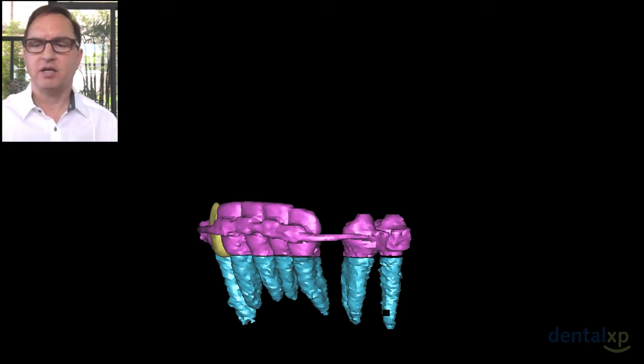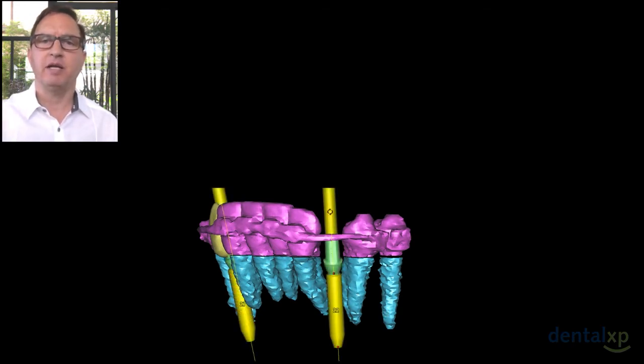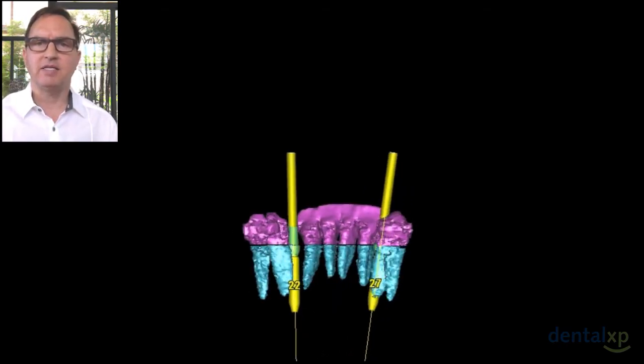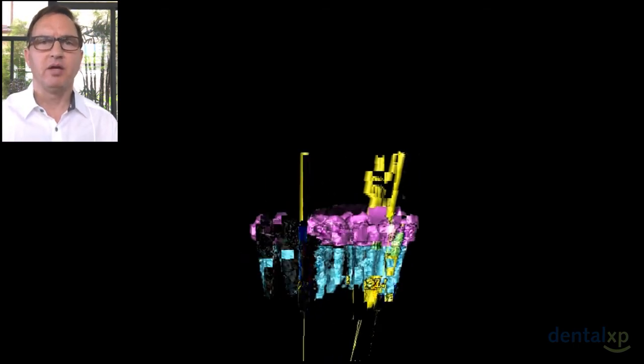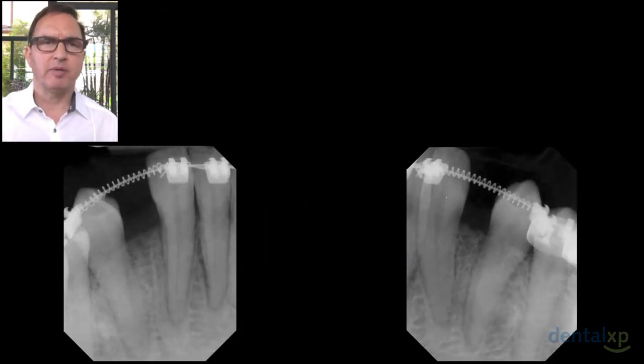I suggested she get a cone beam CT, and from the cone beam we could see that it might be possible to place some narrow diameter implants. When we take a look at that image in a variety of different views, we could notice that from just about any view, we had at least a millimeter of space between the adjacent teeth. So, although it wasn't probable to be able to place the implant there, it appeared that it was possible. And so we looked at achieving this with the assistance of a